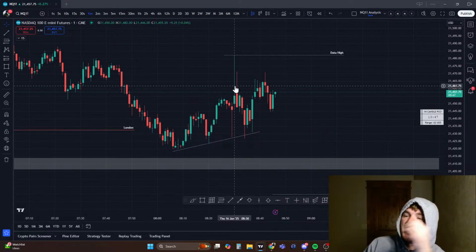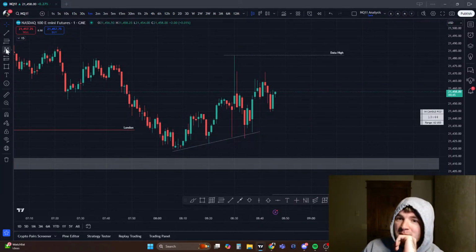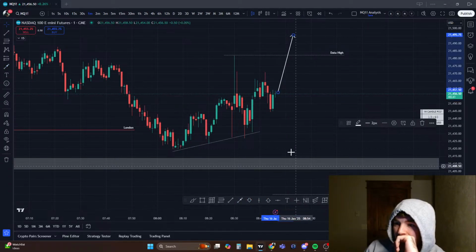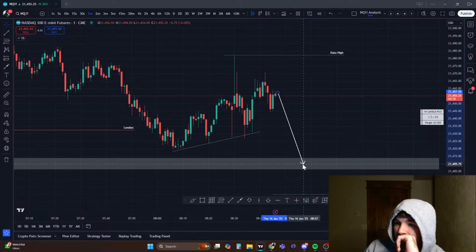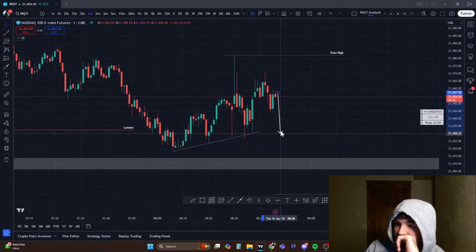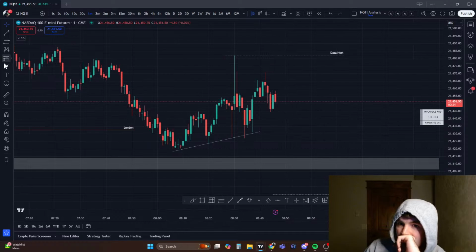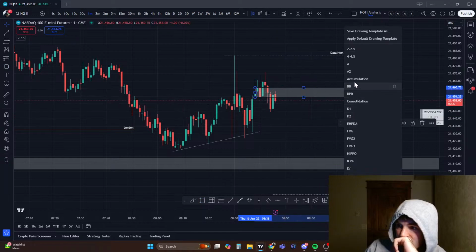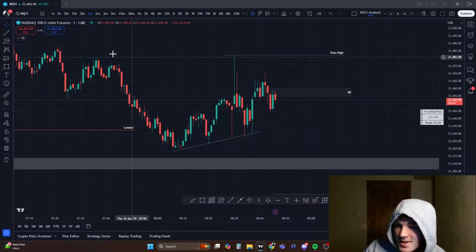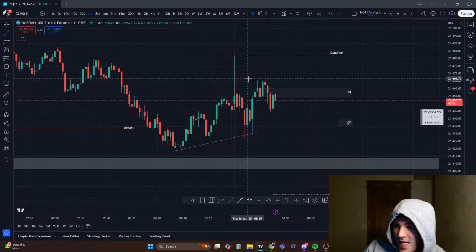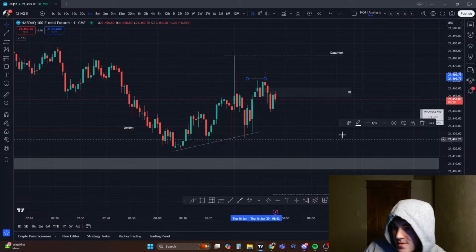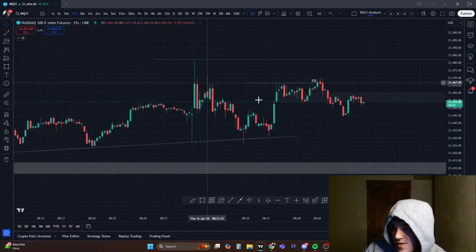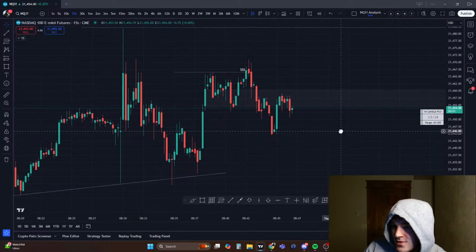actually I could see either working out because maybe we'll sweep. It just depends which we hit first, right? If we sweep the data high first, then we'll probably go to this LRLR. If we sweep the LRLR first, we'll probably go to the data high. Right now, I'm kind of leaning towards this breaker holding. It's got decent signature to it. Like, if we get an inversion off of this,